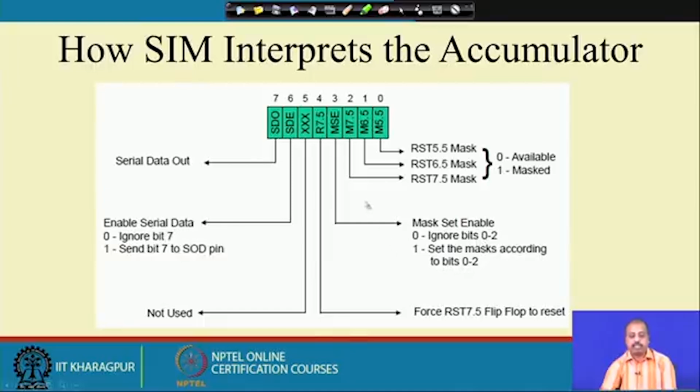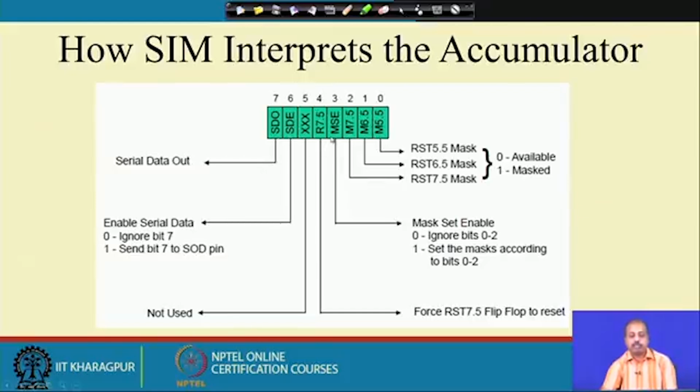Now, you see that the same instruction is used for both serial data transmission and interrupt masking. That is why we have two guards. The SDE is one guard, which is useful when you are doing only serial data transmission. Then that bit will be set to 1, and if you are not doing that, then this bit will